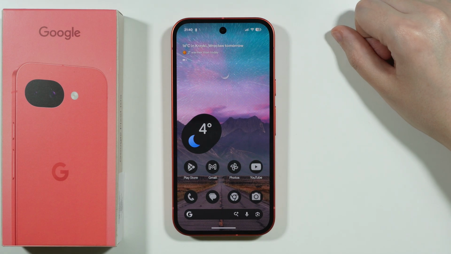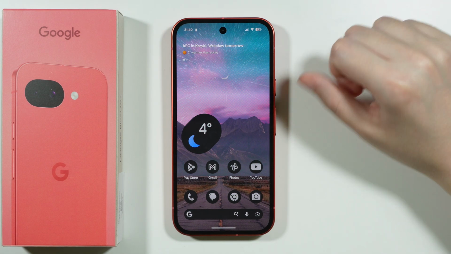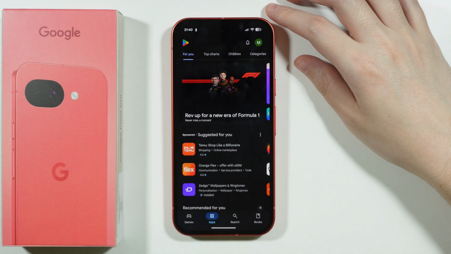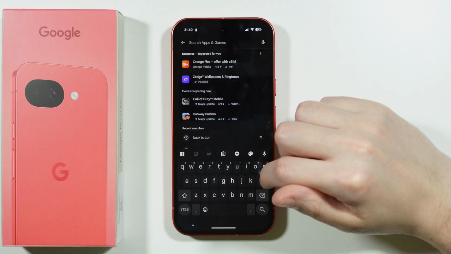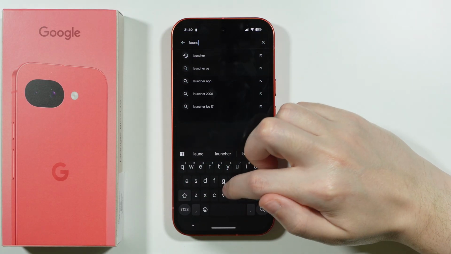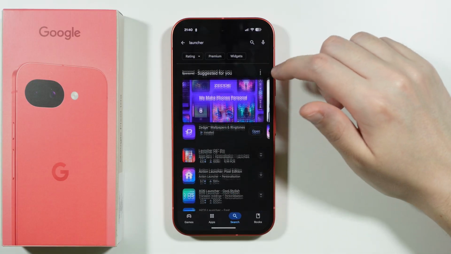If you want to install a new launcher on Google Pixel 10a, all you have to do is go to the Play Store, and then over here we can tap on search, and you can simply search at the top over here for a launcher. Just type launcher in here, and you should be able to find many different launchers that you can use on